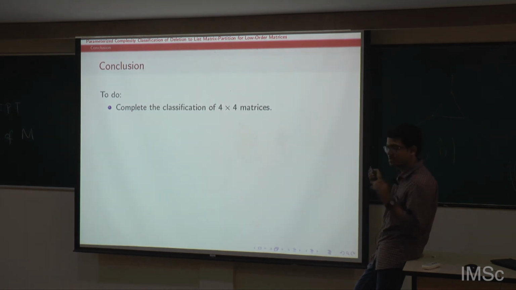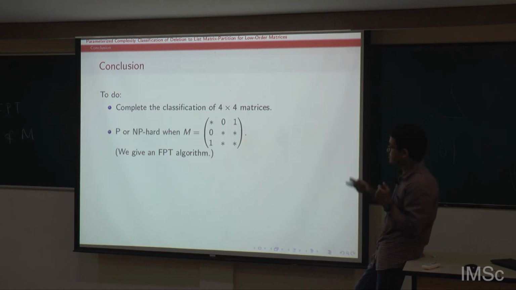Okay, so yeah, that's about it. So there are a few more things that we would like to do. One is to complete the classification. For 4x4 matrices, we only looked at matrices that do not have stars on the diagonal. So we would like to complete that, all 4x4 matrices. The other thing is, for this one matrix, we said we did not know whether it was P or NP hard, but we have an FPT algorithm, so we would like to